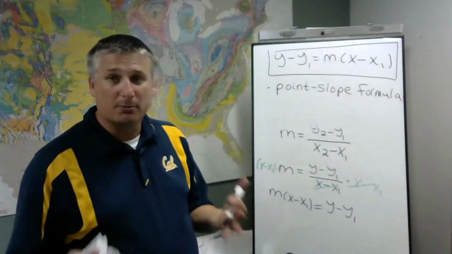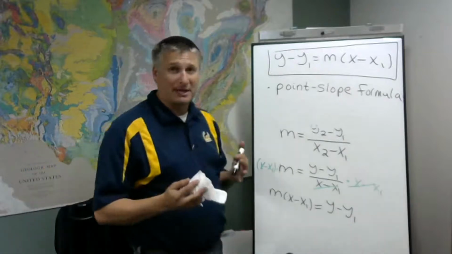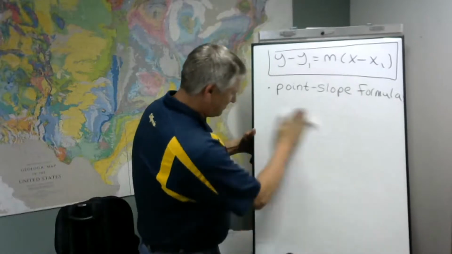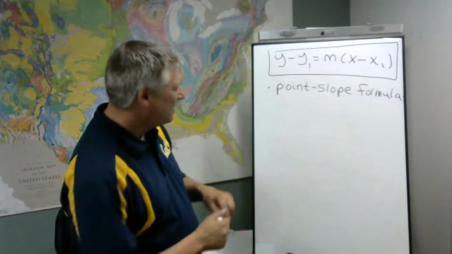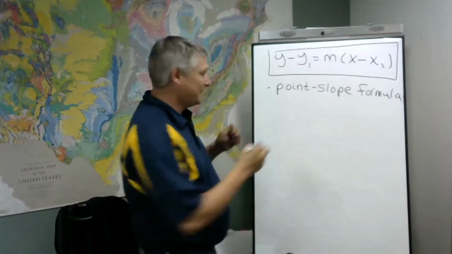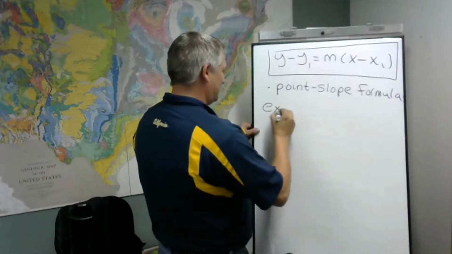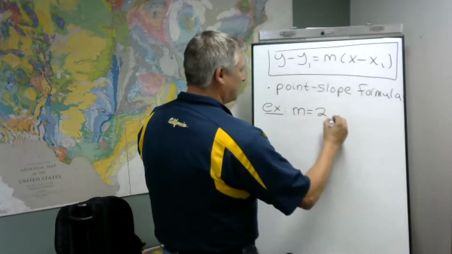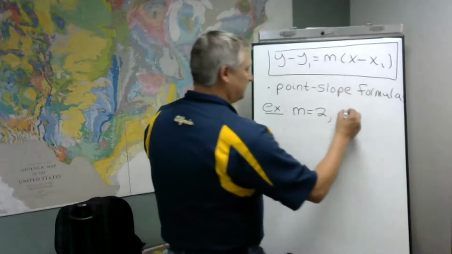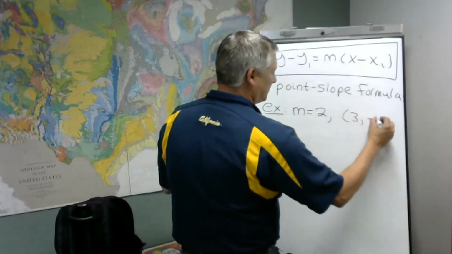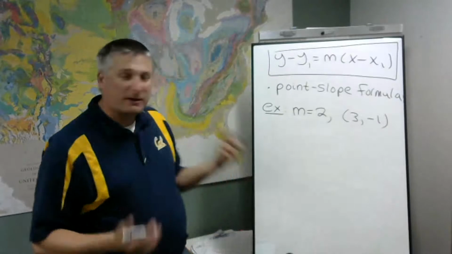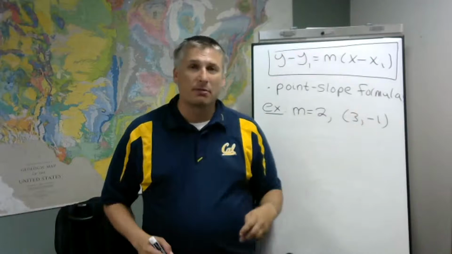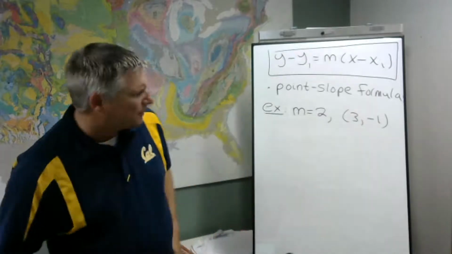So, well, we use this. There's two typical problems we get with this that aren't applications. First off, we might get something like this. I have a line with a slope of 2, and we'll be given a point of, say, 3, -1. And we want to find the equation of a line with this slope, but passing through that point. So what we do,